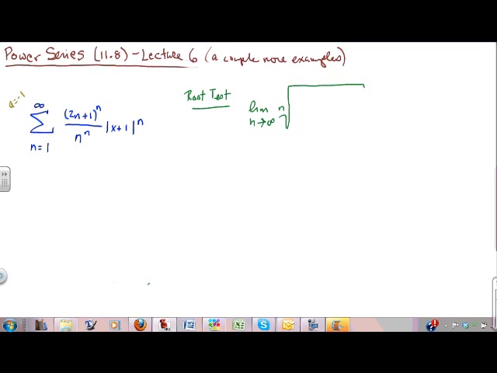Oh, guess what? I don't want this to be absolute value. This is just regular. When I'm taking the limit, it's an absolute value. It's not a strict power series if I have an absolute value there. But I'm taking the absolute value of this term, so I get 2n